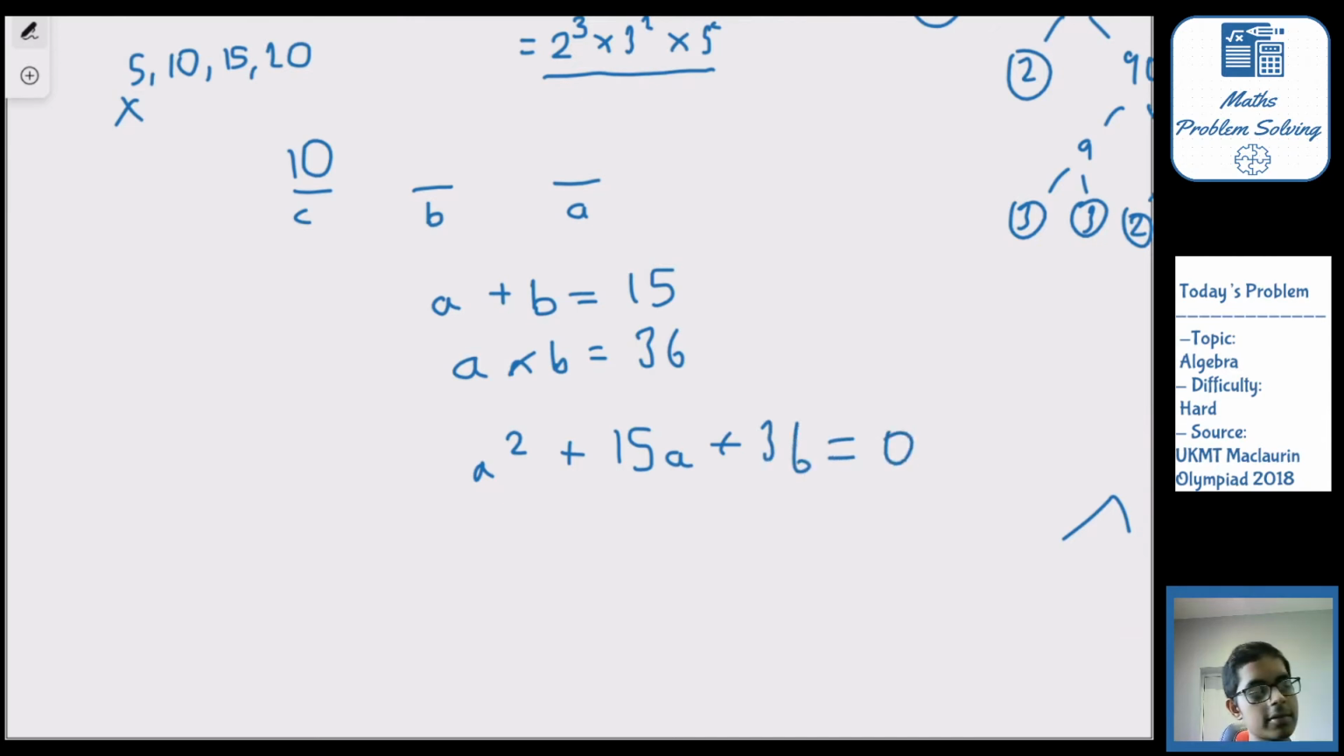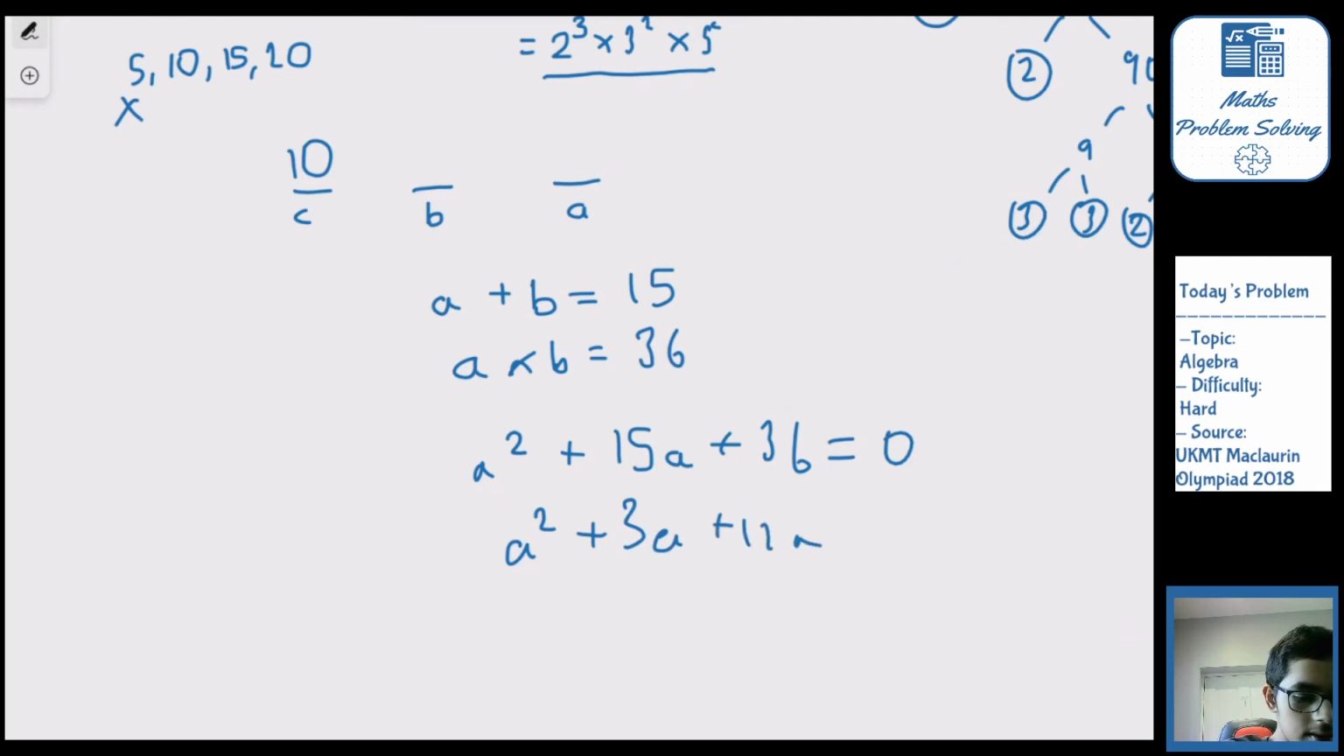And again, if it isn't clear why we're writing these as quadratics, the reason is that quadratics basically solve for two numbers that add to give a certain number and multiply to give another number. So a squared plus 15a plus 36 equals 0. A solution to this is 12 and 3. So a squared plus 3a plus 12a plus 36 equals 0. And now this will nicely factorize into a plus 3 and a plus 12